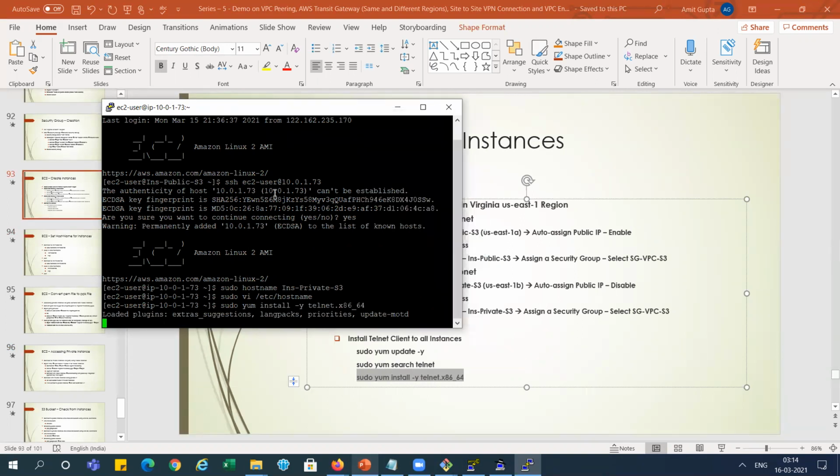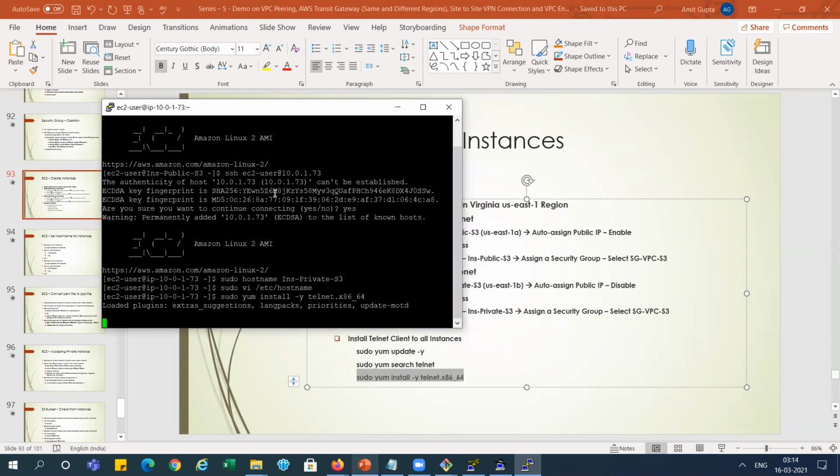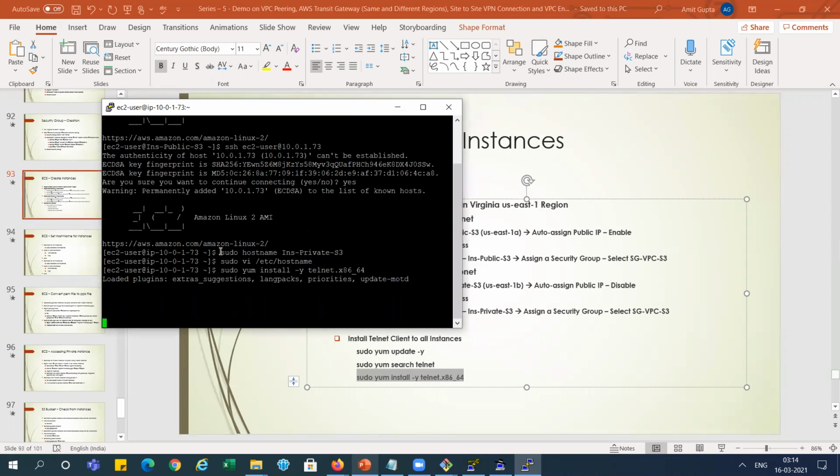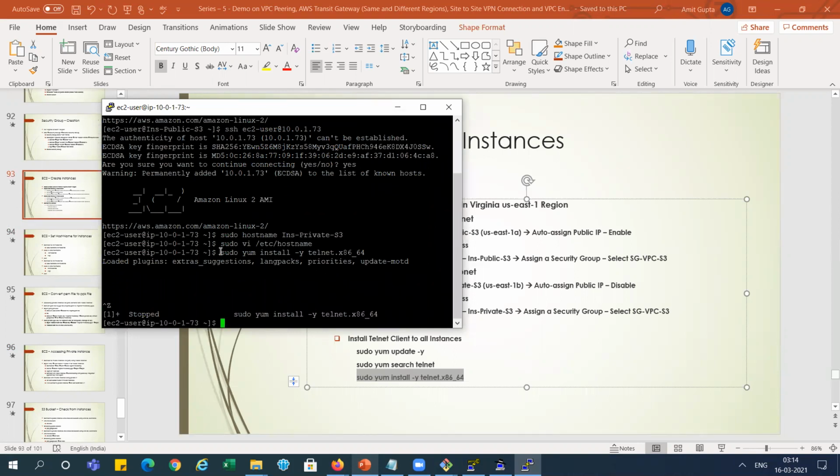It's not showing. I think it has hung. Hanged. Now we need to exit it again.